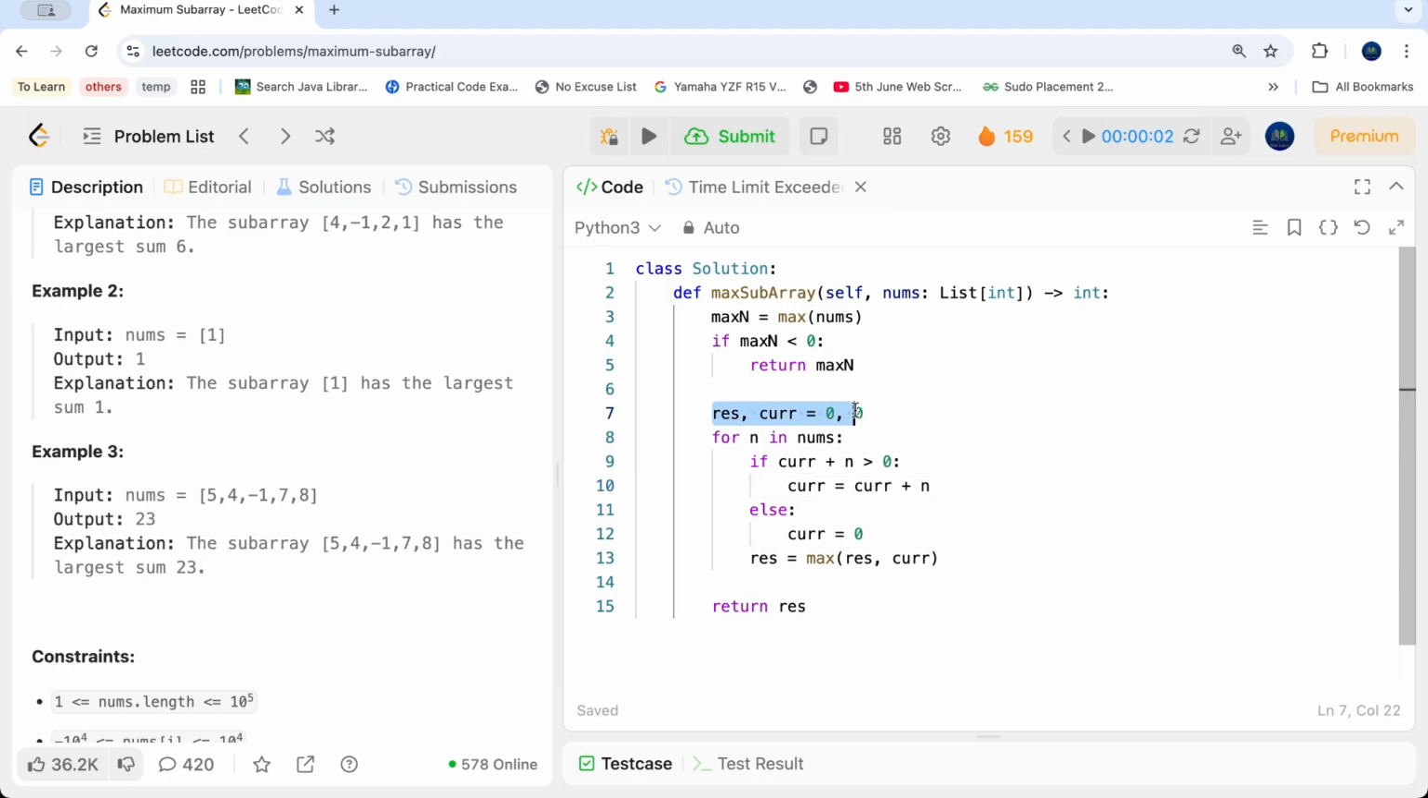You are going to initialize two variables, result and current. This is your global answer, this is your local answer, or the answer for your current subarray. This particular logic is going to handle all negative numbers case. Now just run a simple loop in your array or list, for n in nums. If you are adding your current element n in your current sum, and if that is more than 0, then